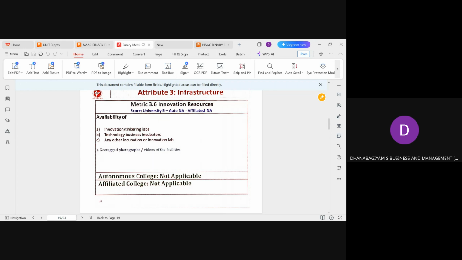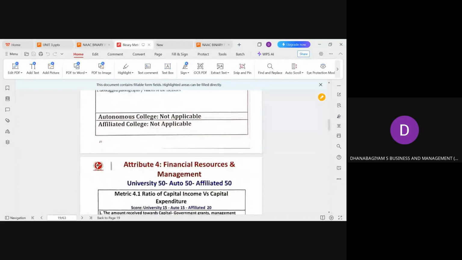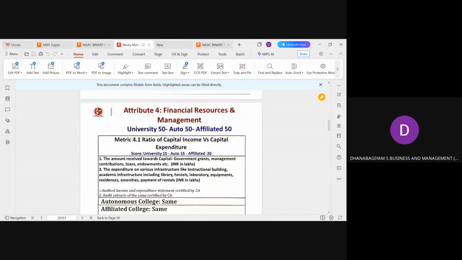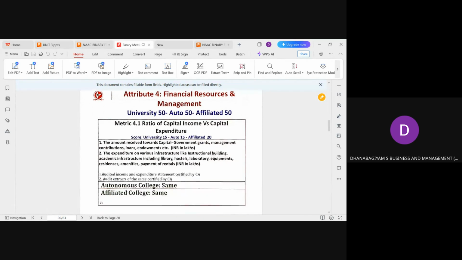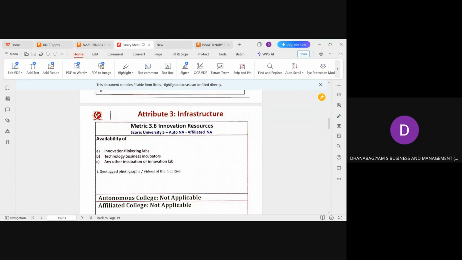Because with an incubator, we can give ideas about various angel investors and venture capitalists around the market. We can connect our students with them, and they can even have some collaborative prototype product selling and doing business. So likewise, attribute 3 is divided. From attribute 4 onwards, tomorrow the next professor will continue. She'll be talking from attribute 4. So today we have seen till attribute 3, and only the input process.